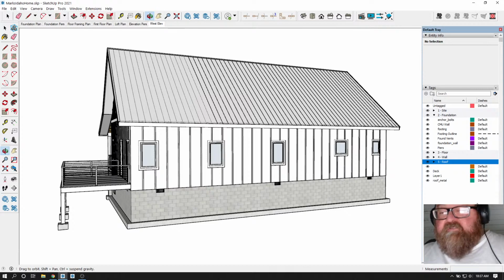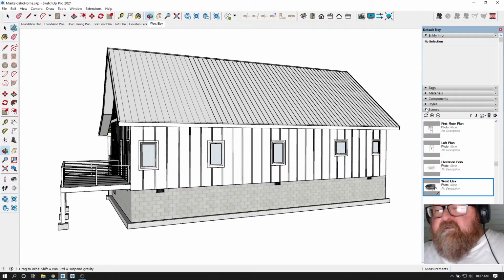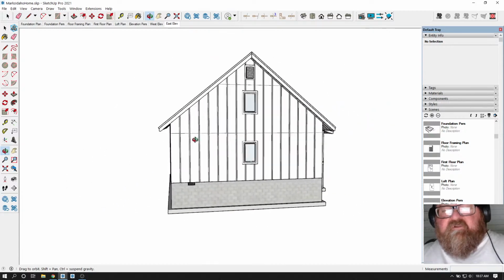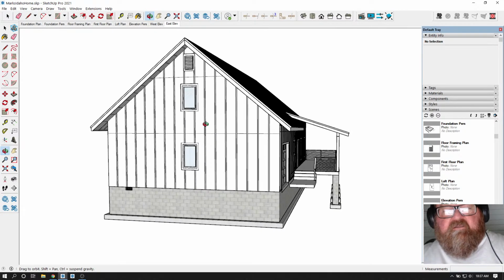Let's see, this would be, let's raise that up. Let's go to our scenes. This would be the east elevation. Okay, you gotta make sure you save it before you go update. Now I'm gonna go to the north elevation and give it kind of a slant to the front. And I'm going to fix this grade. I'm going to have a grade on here. The problem is